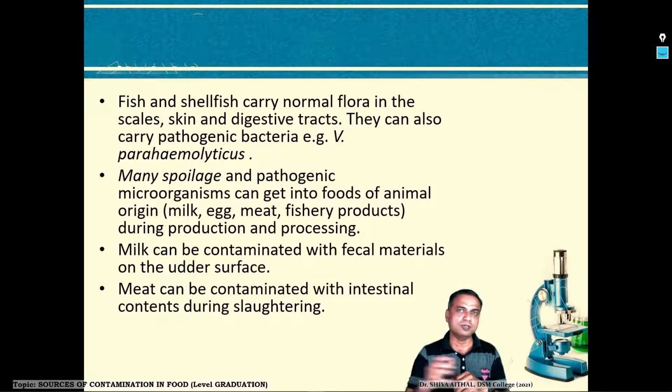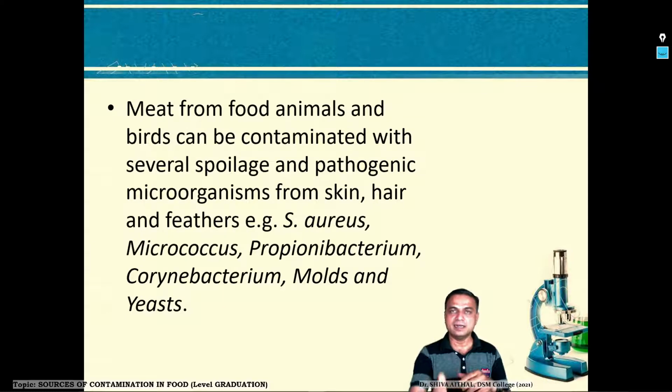There is a separate unit called milk microbiology, but you should understand that the milkman, the skin, the udder, the teats, the organ of the milk production of the animal is equally responsible for addition of microorganisms in the food. That is, milk is one of the most universal food products which humans consume. Meat similarly can be contaminated with intestinal contents during slaughtering, that is cutting and preparation of meat. The intestinal organisms can come and get added.